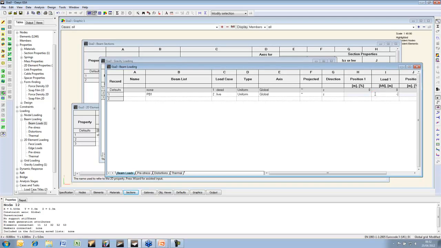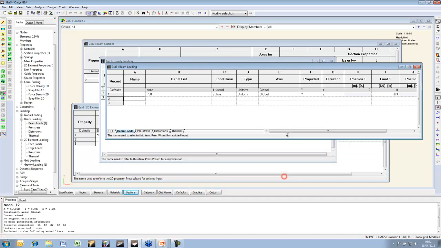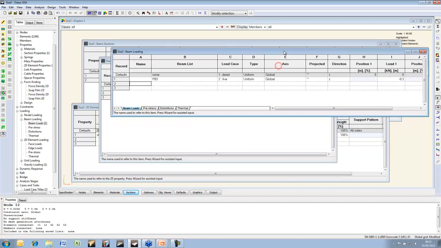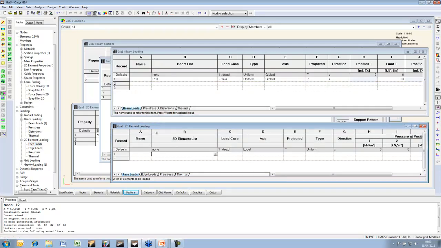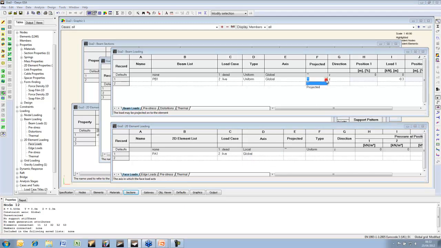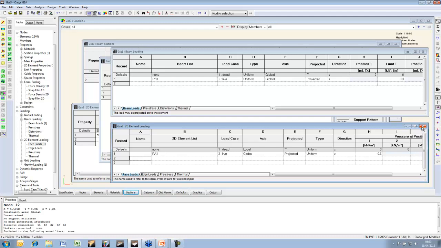Oops, minus 0.3, half meter spacing grillage, and I'm going to create that load the same in the 2D elements. That should have been projected, minus 0.6 because it's a pressure rather than the beam load. I appear to be doubling up the loads, but I've also doubled up the elements, and what I'm going to